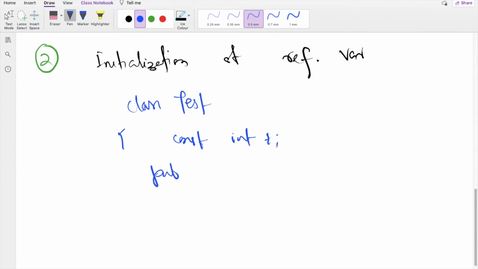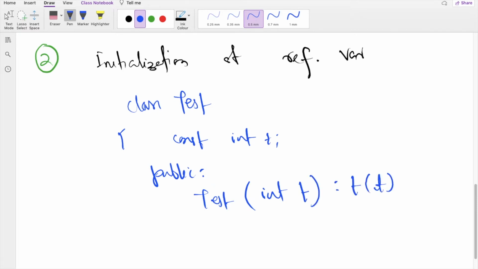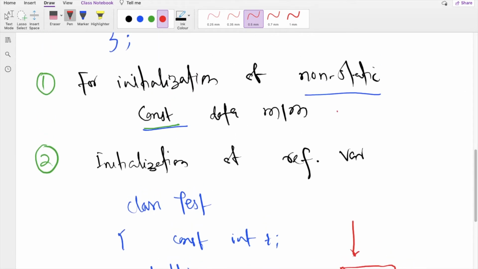When you create a constructor for this, it will be Test, and if you are getting a t variable in the argument, here it is a must to use an initializer list to assign this variable like this. So you can try implementing this example using an initializer list and without an initializer list, and in that way you will find out that it is necessary here.